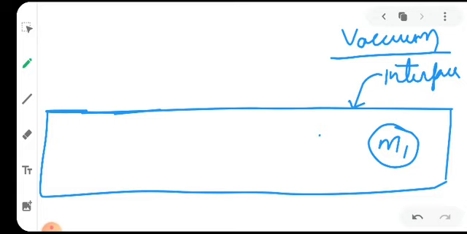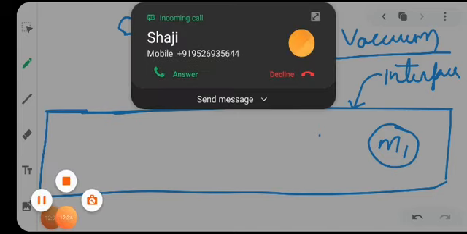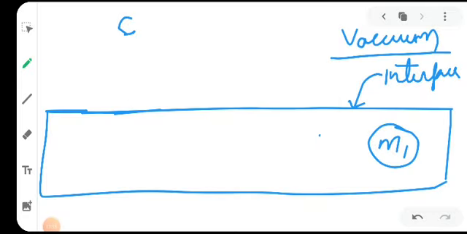So in vacuum, the speed of light is denoted by c. c refers to celeritas, as you know. And the value of c in vacuum was almost 3 lakh,